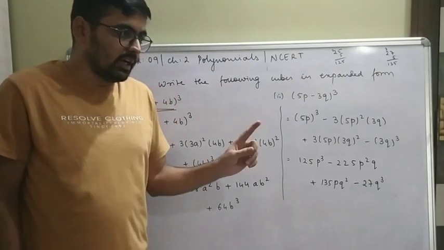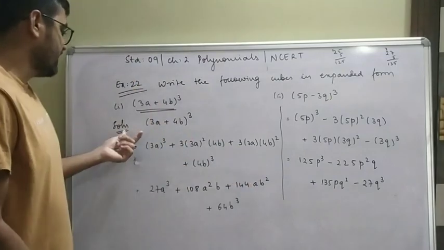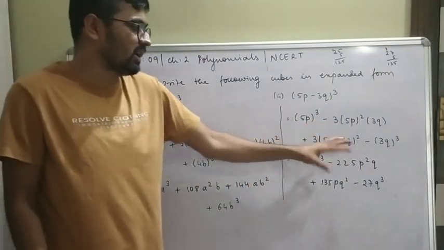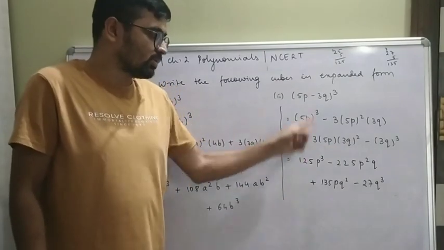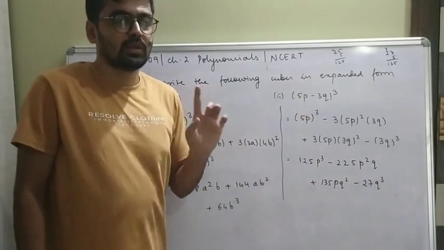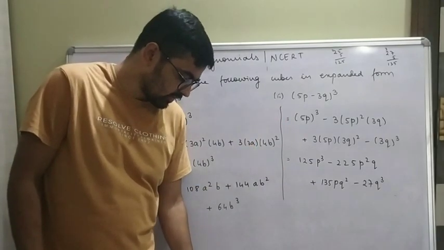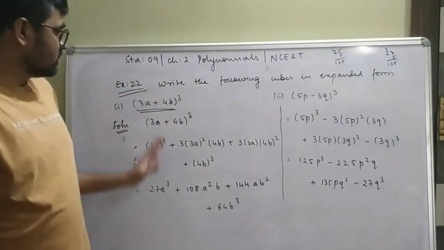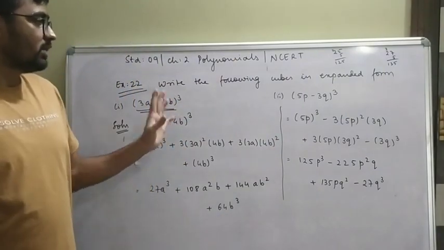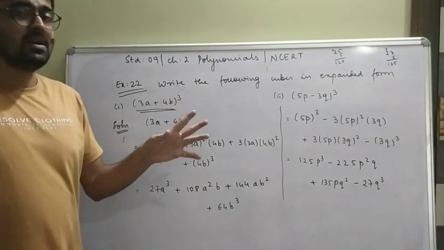Correct? Every time you are supposed to write this in the solution part. Every time I was writing, this is the only one time I skipped that and directly started solving it. But you are supposed to solve this every time. In each and every problem you are supposed to solve like this. Correct? So, am I clear? These are the problems based on algebraic identity number 6 and 7.